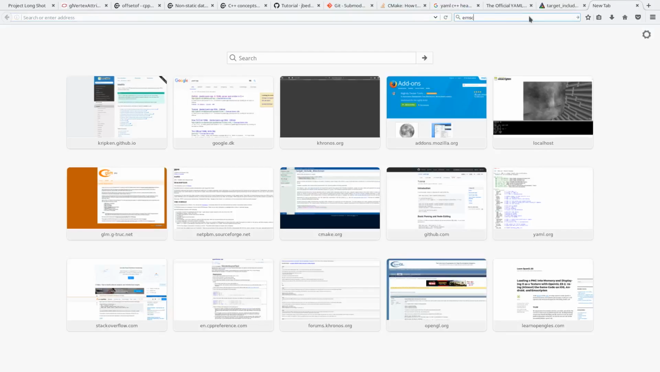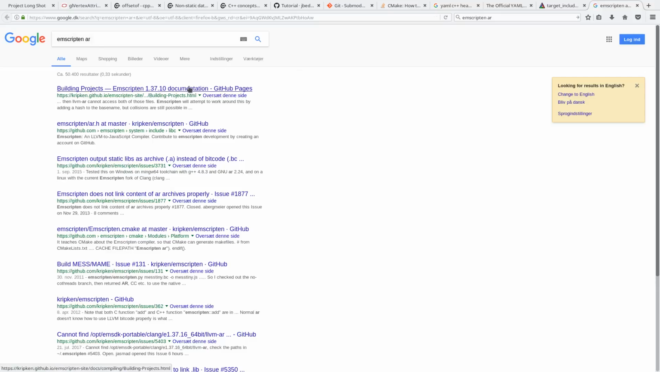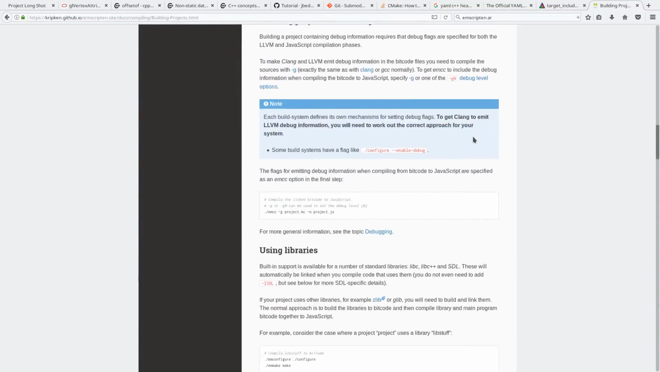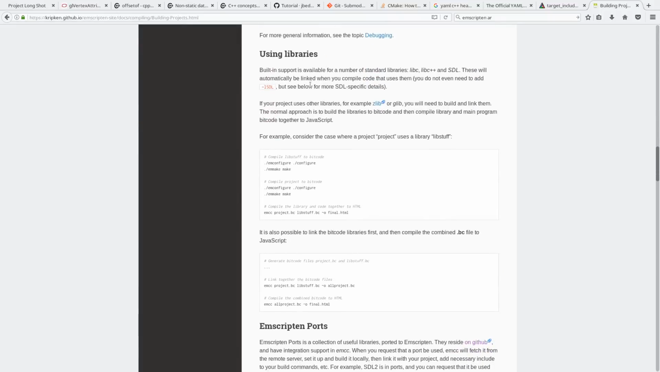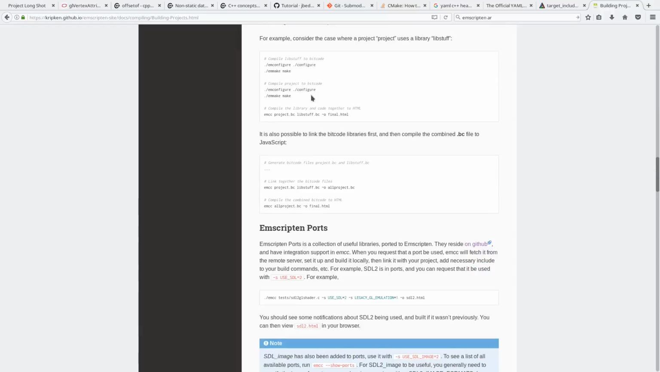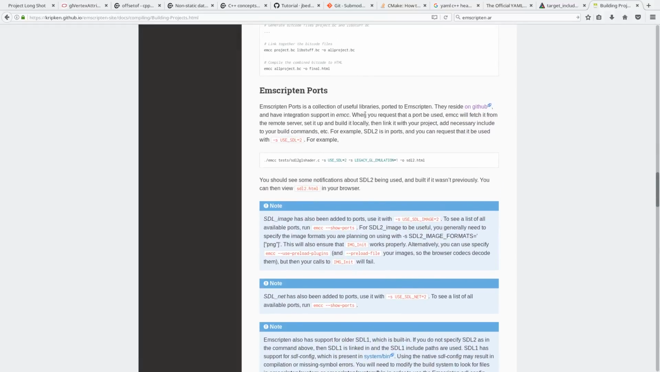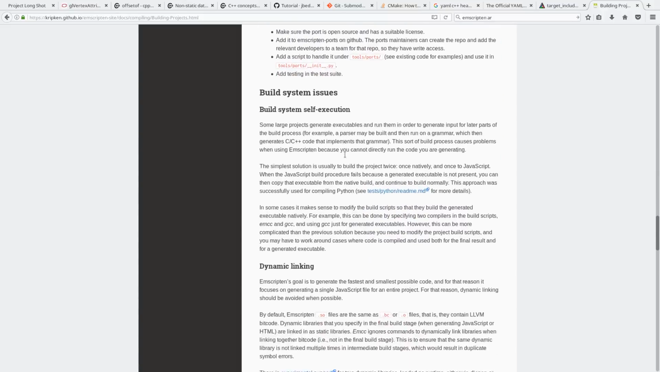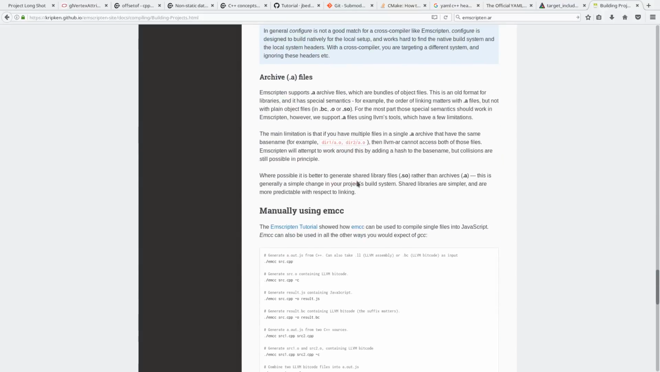Emscripten. Archive. Using libraries. There's a couple of built-in. Or it's dynamic link archive files. Emscripten supports archive files, which are bundles of object files. An interesting question now is, if we run with a